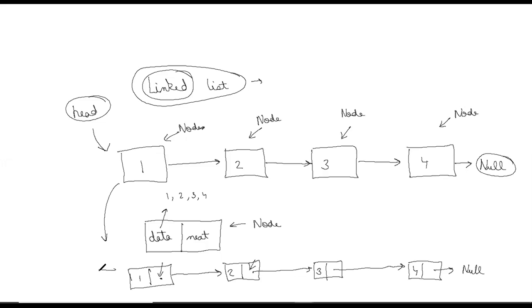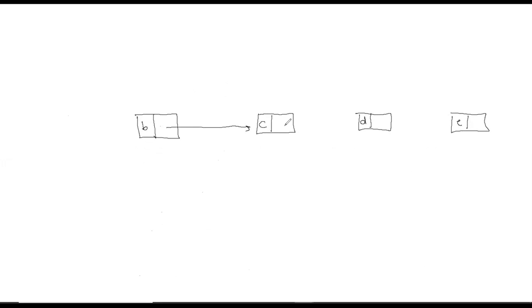So this is how we represent the linked list, and head is pointing to 1. This is the simple example of a linked list. I hope this is clear to you. In the linked list you can store anything. Let's say you decided to store characters. You decided to store, let's say, B here, C here, D here, E here. So B is pointing to C, C is pointing to D, and D is pointing to E. I hope this is clear to you.